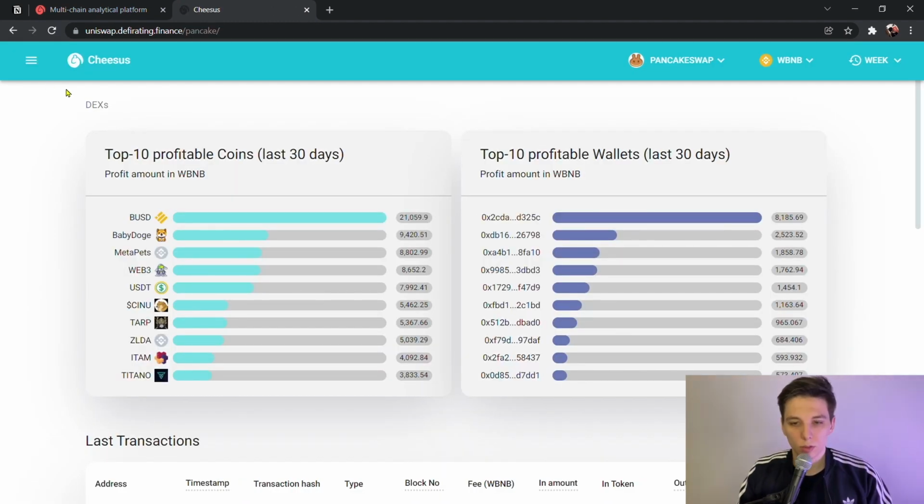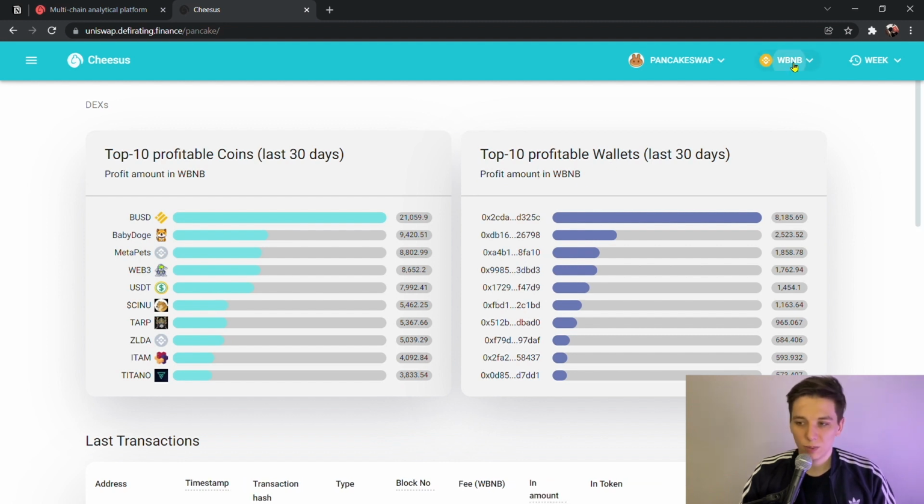what they offer. So as you can see, here are the base metrics about PancakeSwap, which is right here. We can easily change that as well. So here are 2 stack bar graphs over here with top 10 profitable coins and top 10 profitable wallets for the last 30 days. The profit amount is counted in wrap BNB, which is right here, and we can change